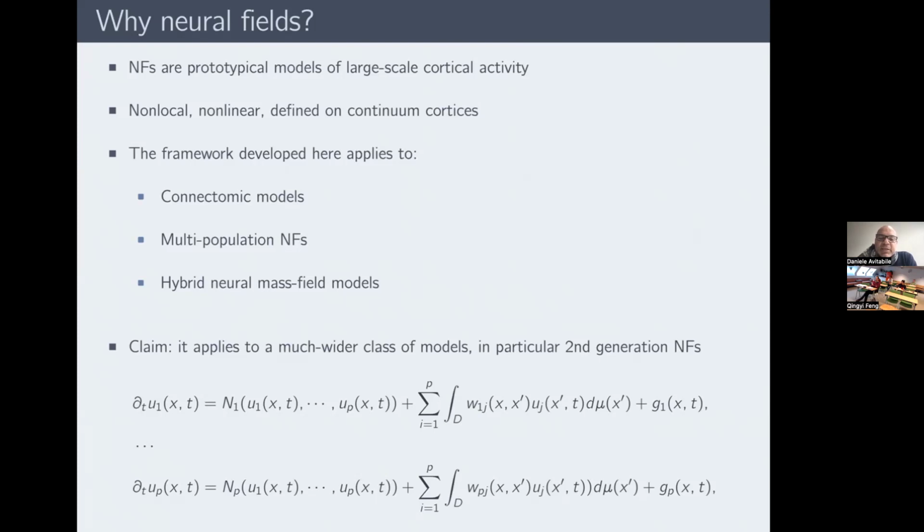And these new models are these new classes of neural fields that I've not talked to you about, called second generation neural field models or new generation neural field models. The reason why they're more exciting is that they really come as exact bottom-up mean field reductions of quadratic integrate-and-fire models. So the idea is that you put together